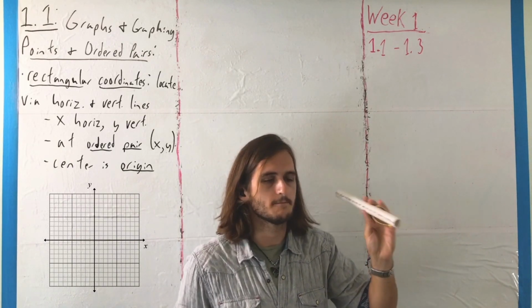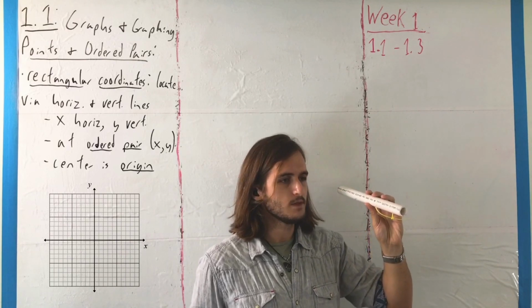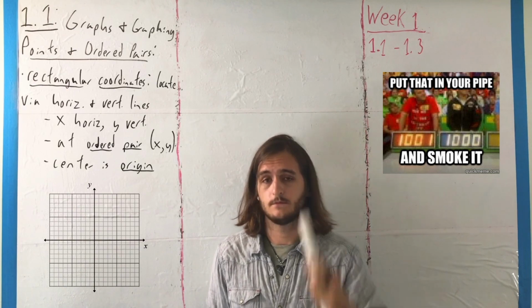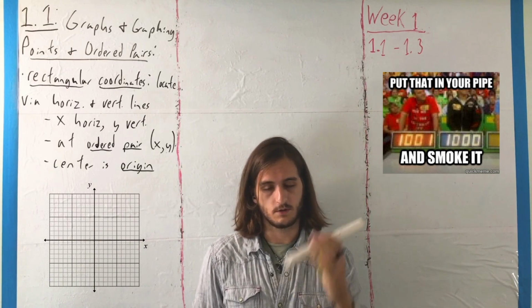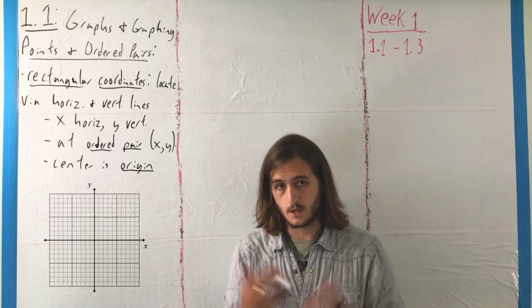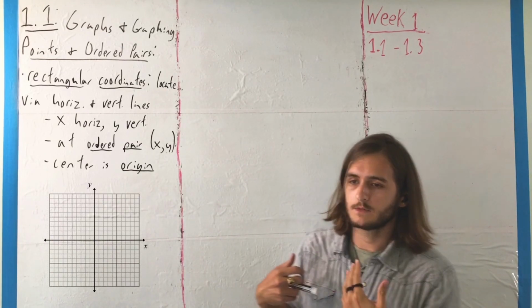We don't call this a pipe because it must be a pipe and it can't be anything else. We call this a pipe so that if someone comes up to you and says, hey, put that in your pipe and smoke it, for one, you're going to be offended, and two, you know that this probably wasn't what they meant.